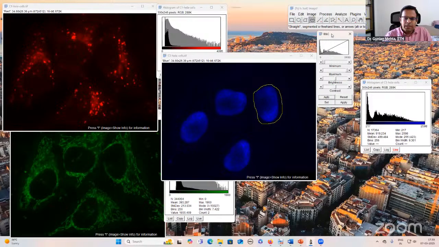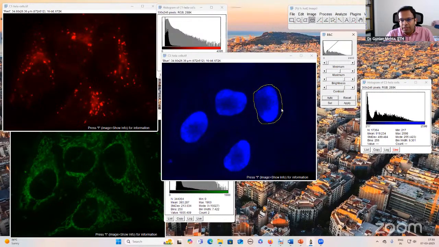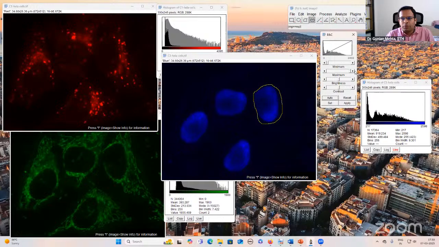Now, first thing you should know here is, by doing this kind of changes, I am actually not changing the fluorescence intensity of the pixels. Okay. I am just asking the software to display only a few pixels so that I can see the image brighter. Okay. So you see, this image has gray value from 0 to 2832.